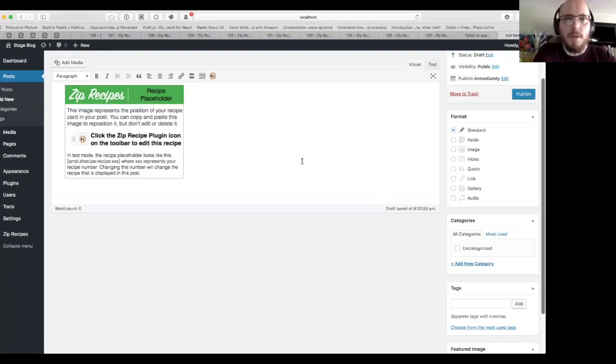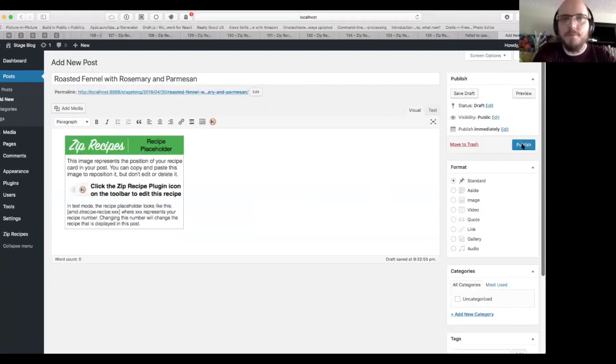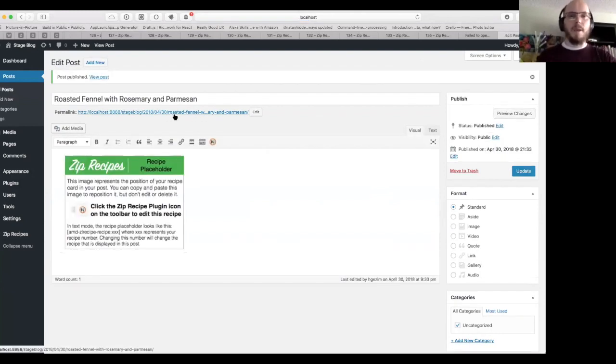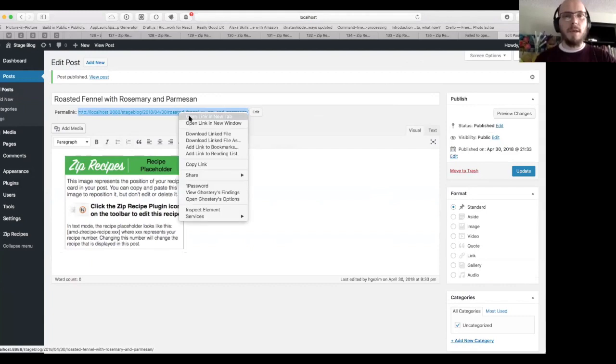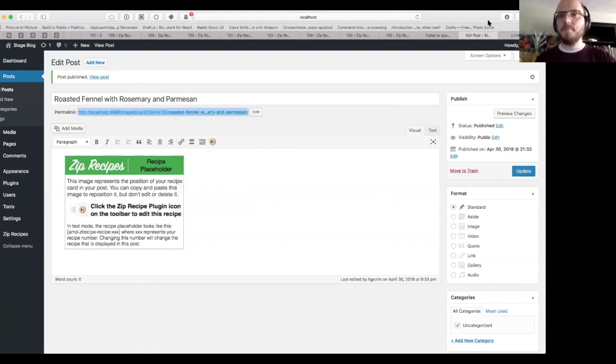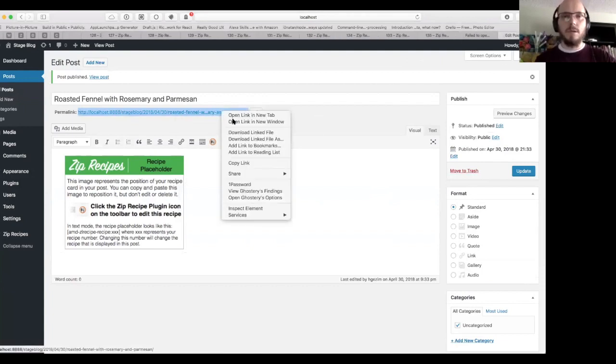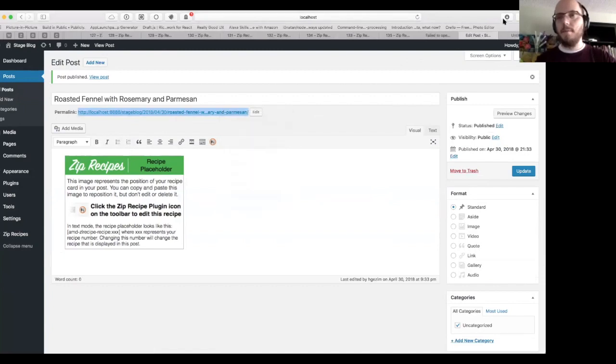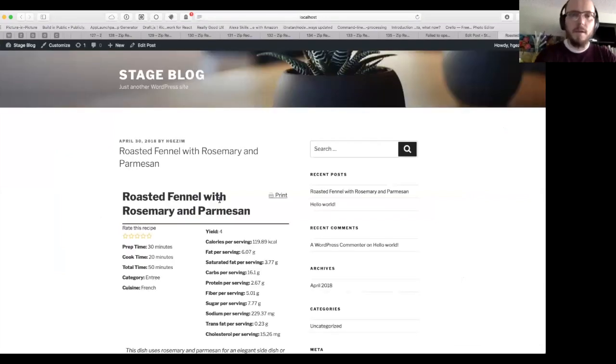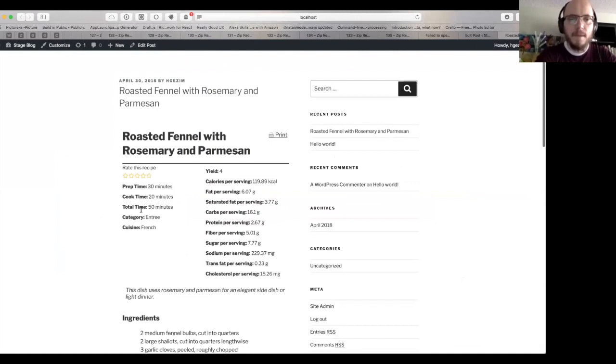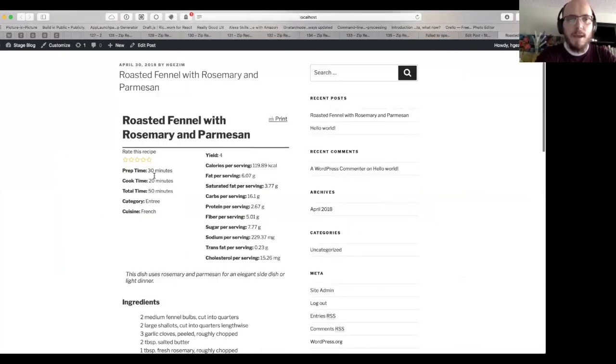Okay, so that's the recipe that's added. Now I'm going to publish it. And here we can click the permalink and right click, open a new tab. And here we have the roasted fennel with rosemary and Parmesan. And the visitor can now rate this recipe and have the yield, they have nutrition data